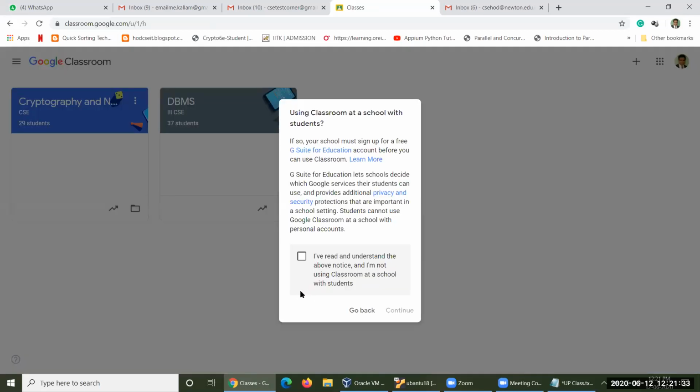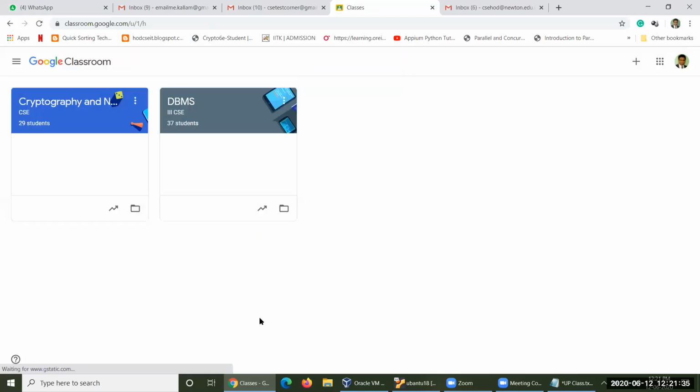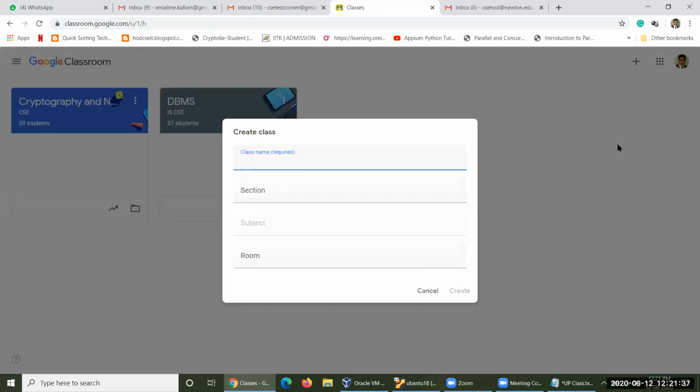So create a class. Yes, I have read all instructions, and the class name will be Unix programming, and the section will be 3rd CSE Unix. Here the subject name will be Unix programming, and the room will be 2.